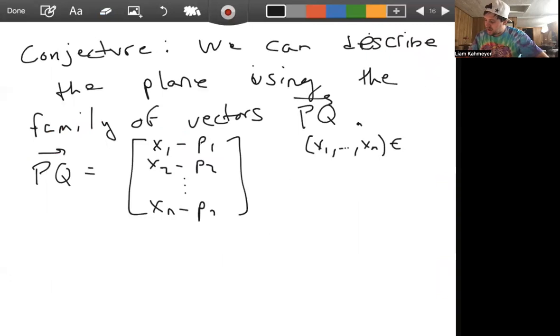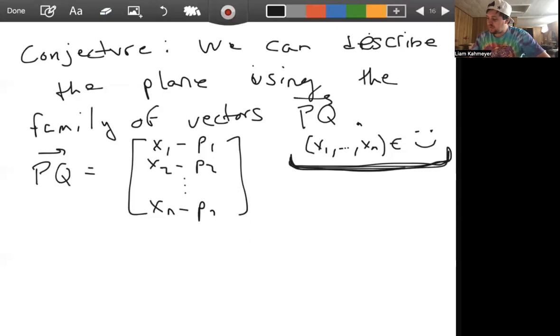Okay, so then X1 through Xn are elements of smiley face because they belong to this plane. And so if we let these vary, this is our family of vectors, right? But how can we, we don't want Q, right? How do we